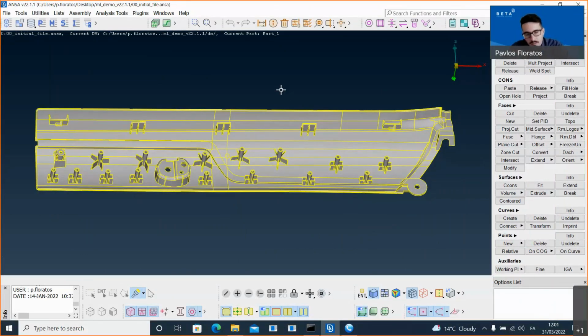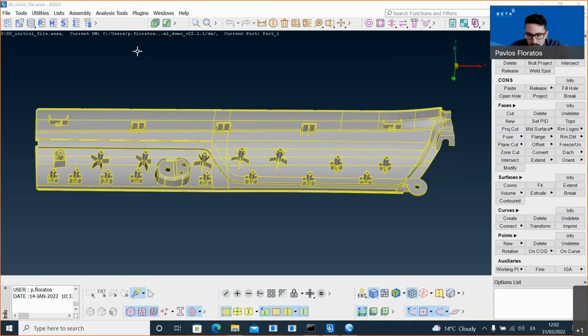With the functionality that we will see now, someone can make once a DM library with these embedded clips, and he can automate both the recognition and the treatment of the fasteners. So this demo is actually composed out of two parts. On the first part of the demo, we will see, once we have this library ready, how we can utilize it to recognize and treat fasteners in our model. And on the second part of the demo, we will see how someone can build such a DM library from scratch.